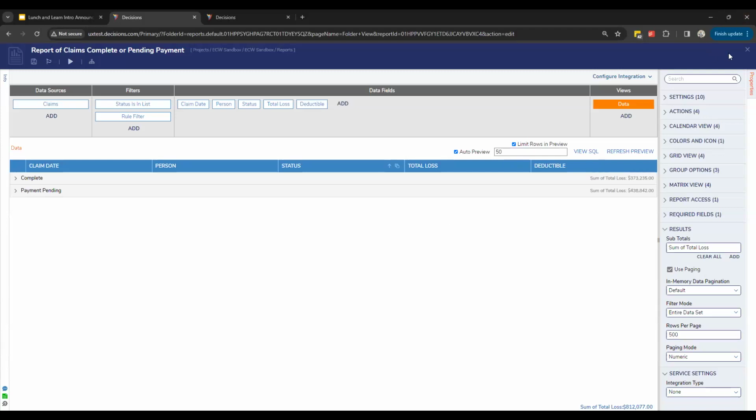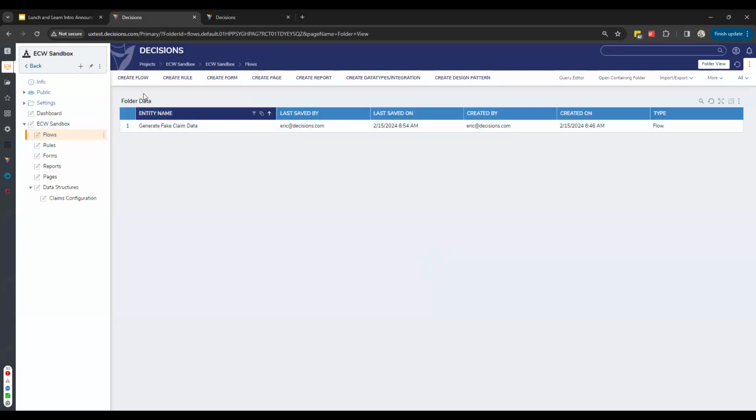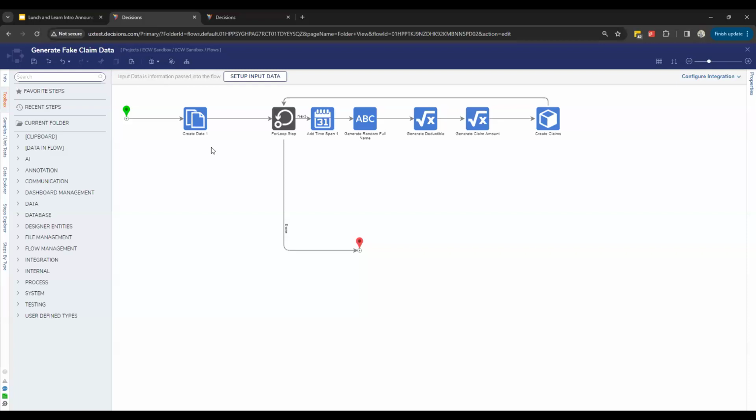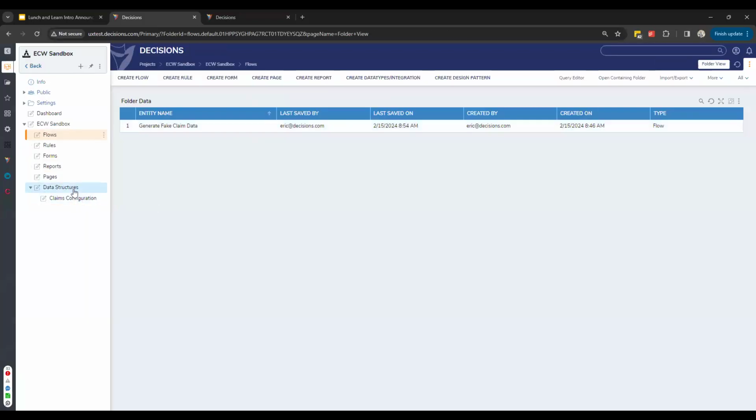One thing I would recommend doing, at least for your end users or those working on it, is capturing these sorts of errors better, and then you can start to programmatically find ways to resolve them. So first and foremost, say I had a flow here. Sure, maybe this generate fake claim data works, right? Actually, this doesn't work. I have a better example. Let me think of this a second.